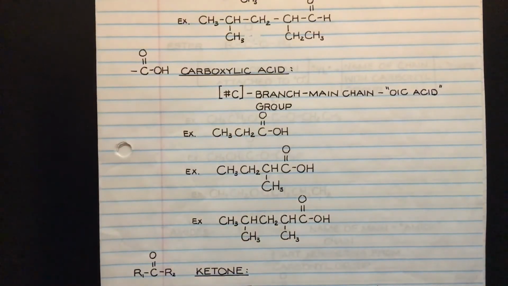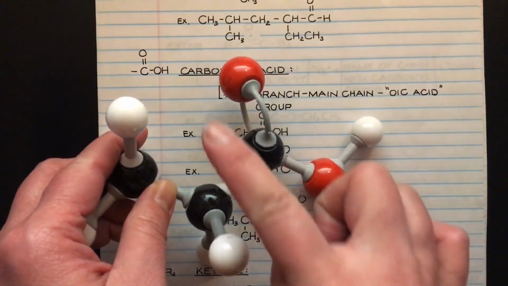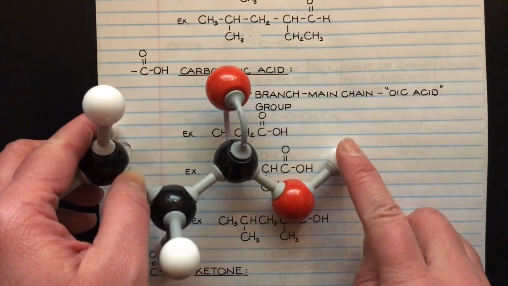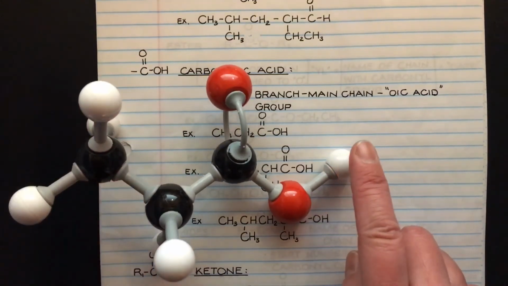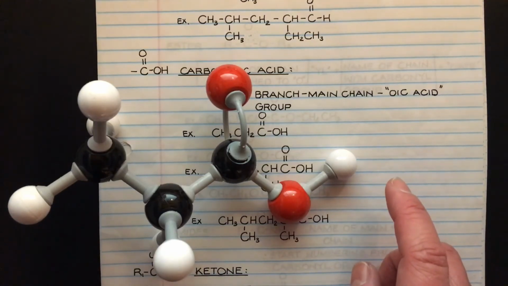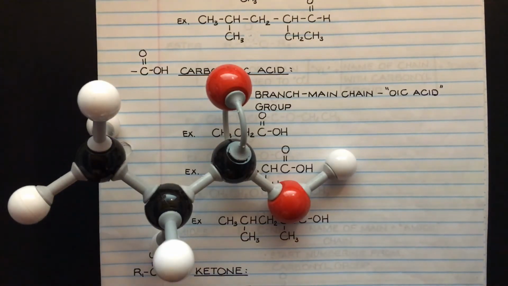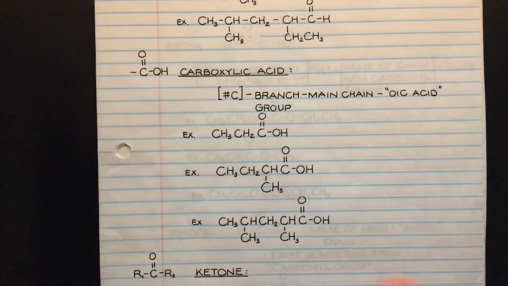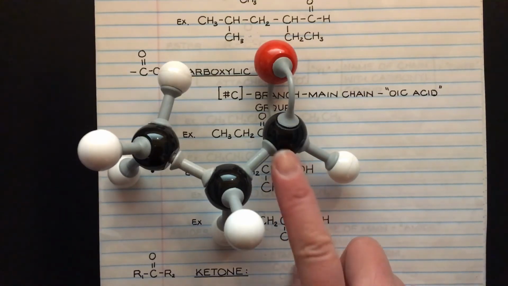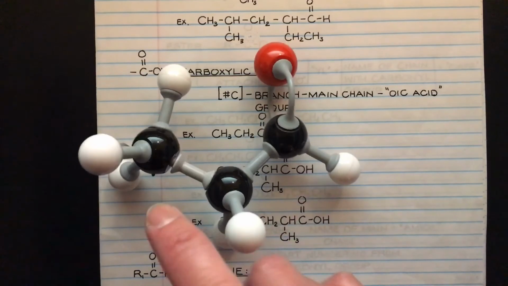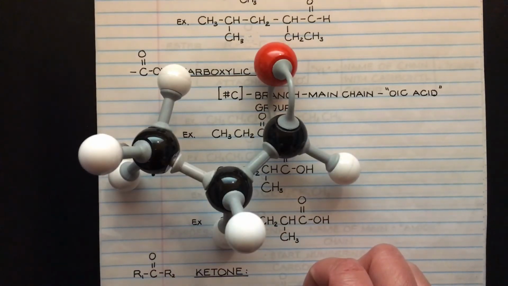Now, when we take a look at the aldehydes and the carboxylic acids, one of the things that you have to recognize is because of the way that they're structured, you can no longer have a carbon chain extended off of the hydrogen of the carboxylic acid, nor are you able to have another hydrogen extended off of the aldehyde group, which is over here. And so therefore, these two groups are always going to be found at the terminal carbon, and they cannot be located anywhere else on the carbon chain. And so that is something that is really significant about these two groups, the aldehyde and carboxylic acids, is that